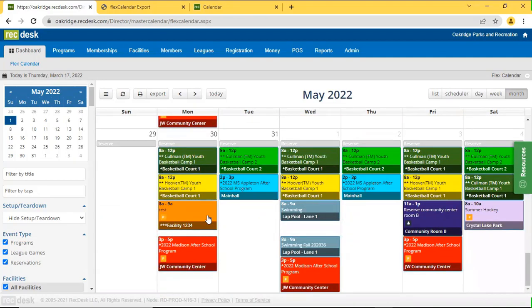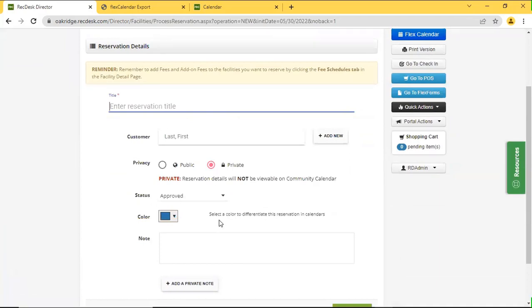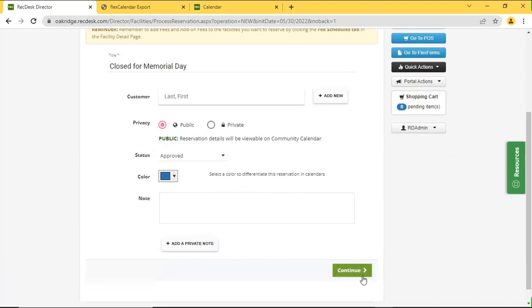So for those of you who have parks that are closed, you don't do any reservations, nothing happens, all of your employees are gone. If nothing is reserved or to be used on your holidays, I do recommend that you come in here. It makes your life easier just to click on the next holiday that's coming up. This is a little bit of a personal preference. I like to say things like closed for Memorial Day